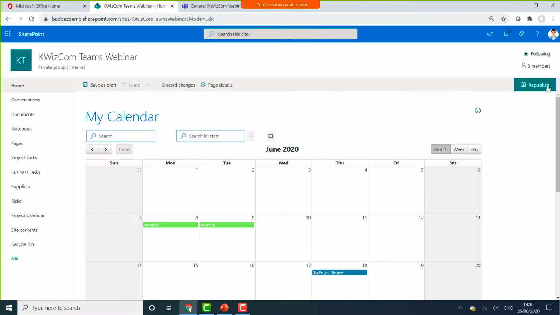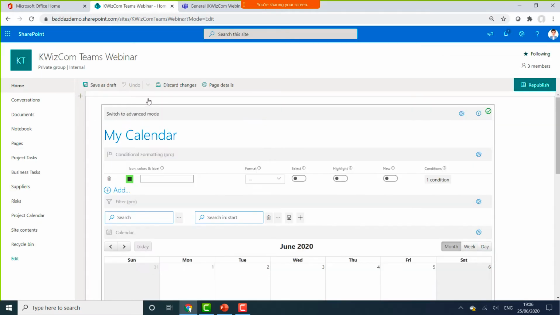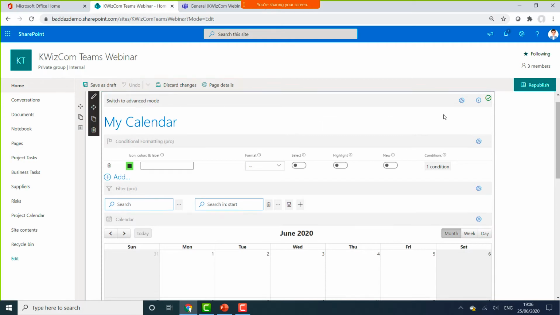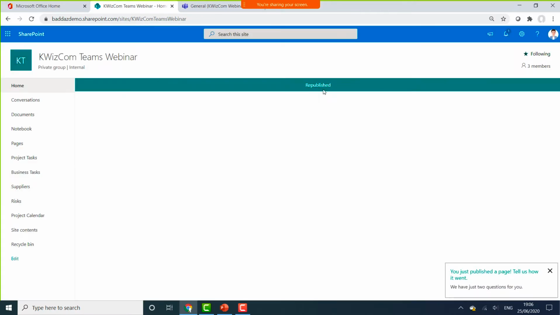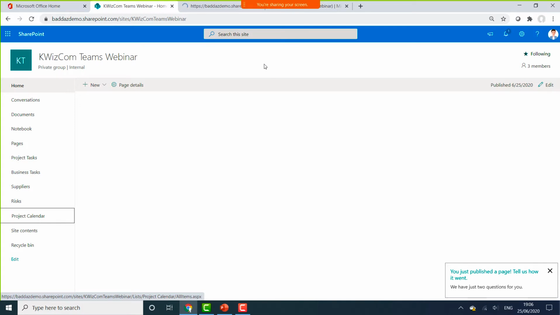So what I'm going to do is I'm just going to edit my page, and I'm actually going to show you this from scratch. I'm going to take my existing app here and remove it, and I'm just going to add the app again, and I'm going to go through a couple of scenarios of configuring different options around calendars. So first off, we're going to connect to a simple SharePoint list, and let's just save our page so we can go and have a look at that list first of all. So if I just open this up in a new tab,